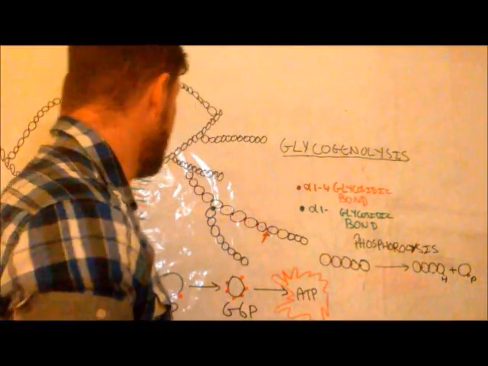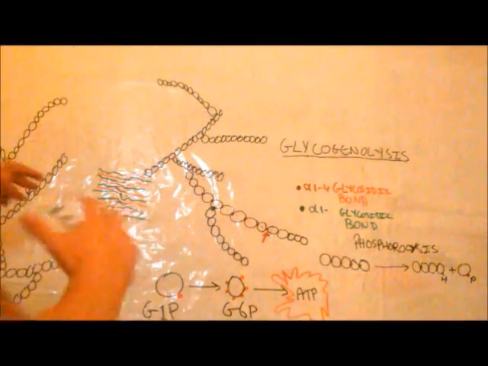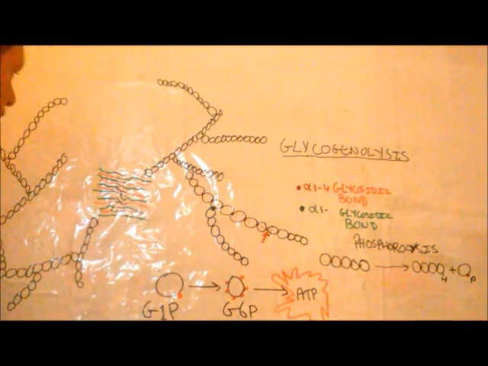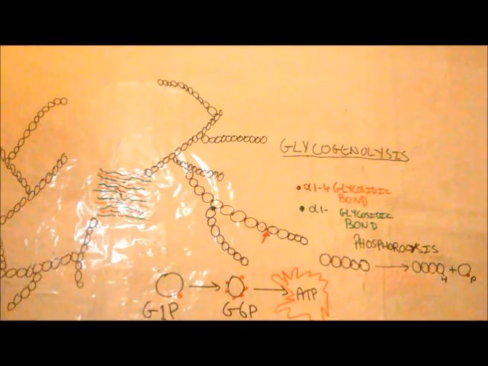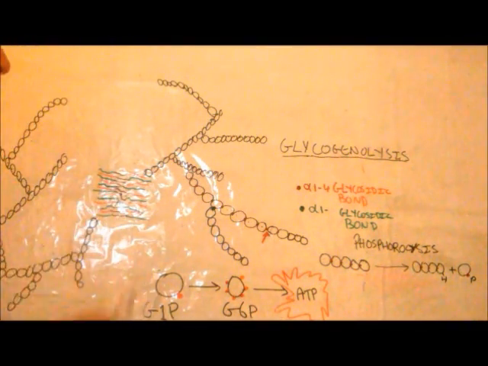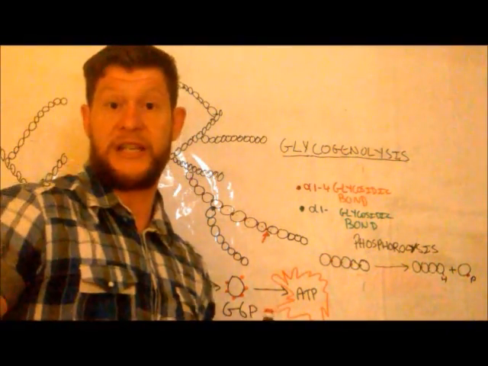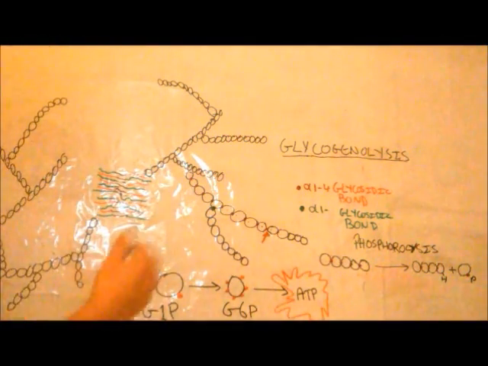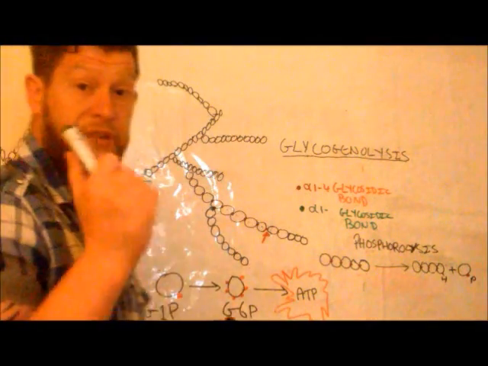So first off, I'll take you through a little overview of the structure of glycogen. So here we have our glycogen, okay? In the middle of our glycogen, we have a protein called glycogenin. Okay, and this is really, really important. I'll explain why. It might surprise you that there's a protein in the middle of a glycogen, of a carbohydrate store, but there's a very good reason for this, and we'll get onto that probably in